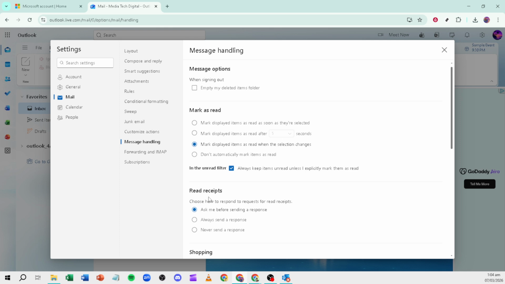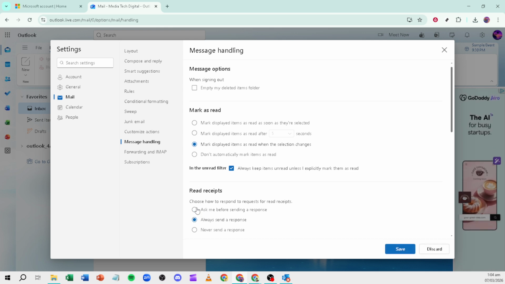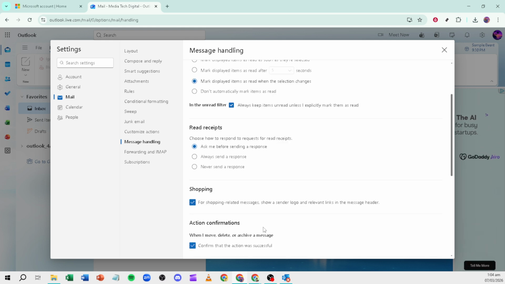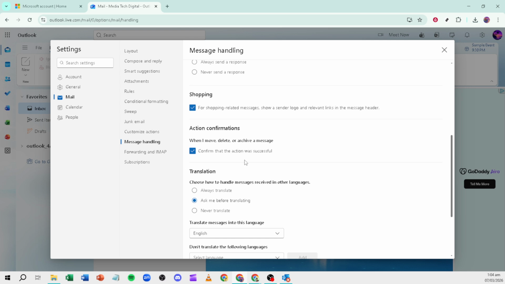If your interface looks different, you might be on a work or school account with customized settings, or using the desktop Outlook app, which has its own spell check controls. That's it. You've enabled spell check before sending in Outlook on the web, giving yourself a reliable last check before